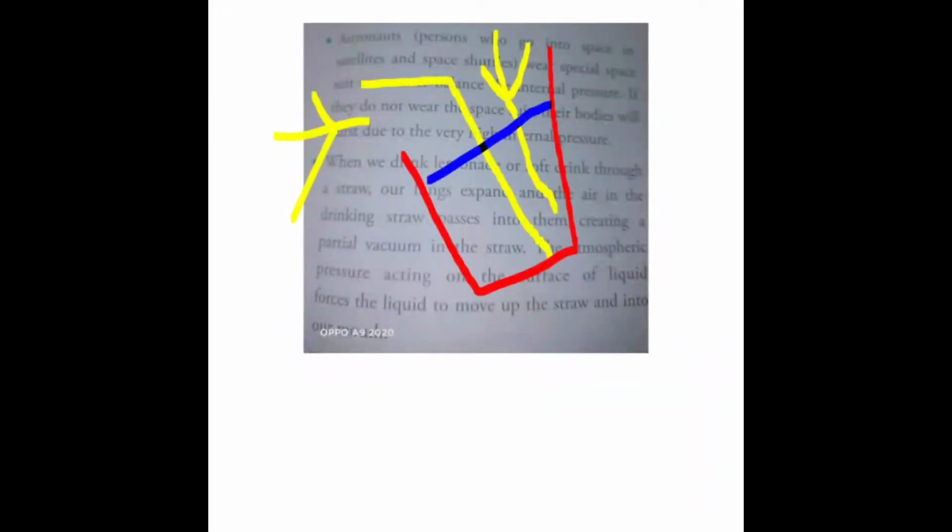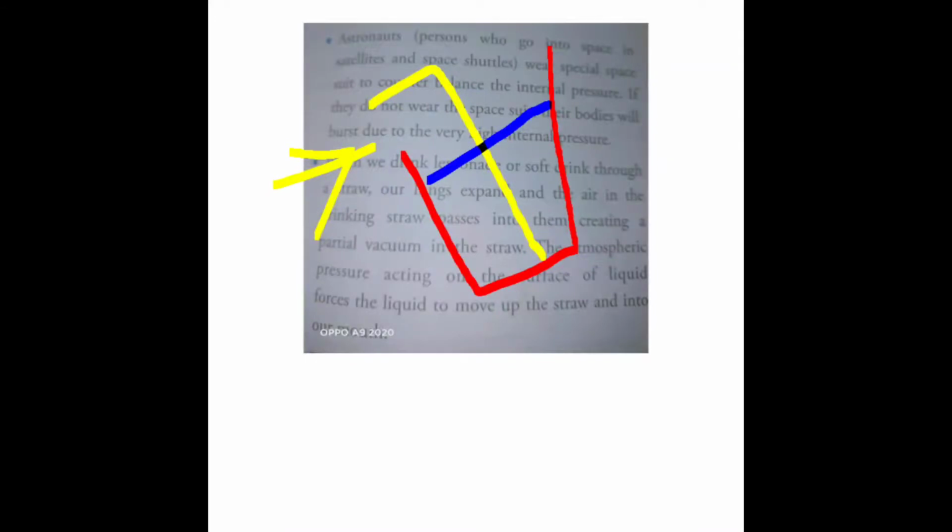Okay, so I repeat what is going on here. Let us consider a glass containing water. Now a straw is placed inside the liquid. When this straw is placed inside the liquid and it is sucked from one end, the air in the straw vanishes, meaning air decreases. Now as there is no presence of air in the straw, the pressure in the straw is less, and due to atmospheric pressure the liquid level falls and it rises in the straw.